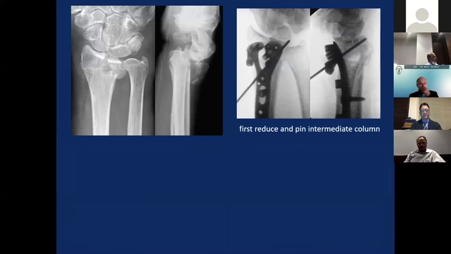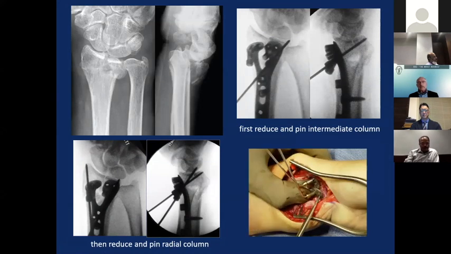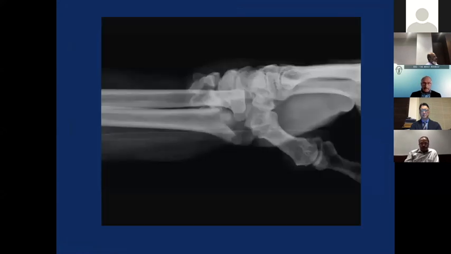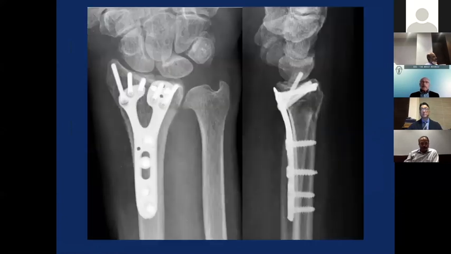Remember always to start first reducing the ulnar corner or the lunate facet fragments, and then secondly bring up the radial styloid fragment up to the scaphoid and reduce and pin that temporarily. Then the plate is applied, and again the plate can be used as a volar buttress to reduce the whole distal radius on top of the plate, because it is anatomic and conformed to the normal anatomy of the radius. It helps a lot to get the right reduction. And then fixation with the